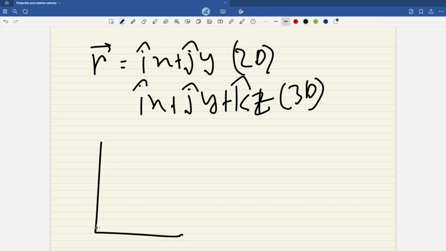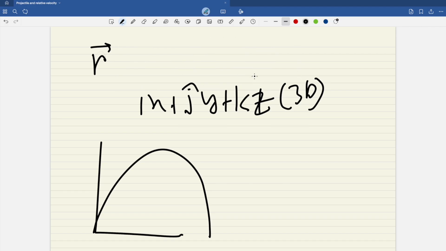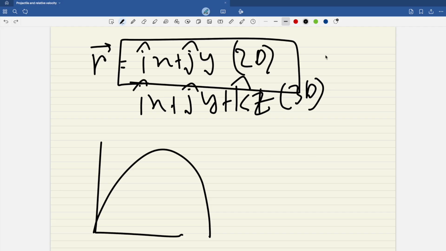So the projectile motion is a 2D motion, so this equation will be needed actually. So r naught,